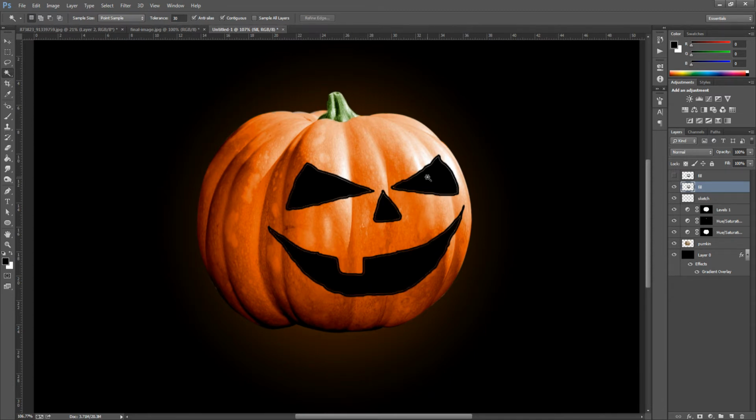And from here, all we're going to do is we're going to go down to the pumpkin layer. So click the pumpkin layer, which we named at the beginning. And we're going to go and add a layer mask to this. So bottom right hand side, you see a little camera icon, click that. And we're going to go back up to the fill layer, but hold down Control on your keyboard or Command and click the fill layer icon. And we have it all selected.